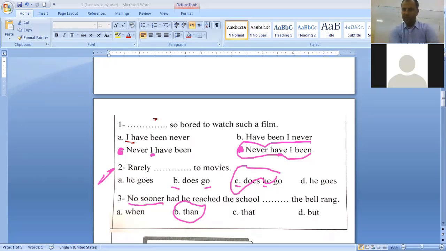Badr? Faisal? Naif? It's very easy. If you don't understand, just tell me and I will explain again to you. Badr, do you understand, Badr? It's easy or it's difficult? You don't